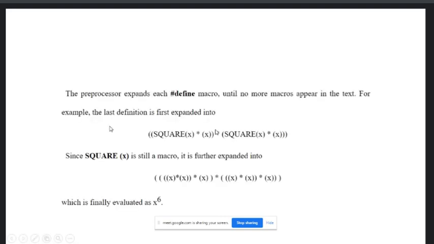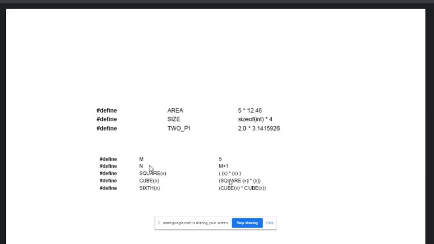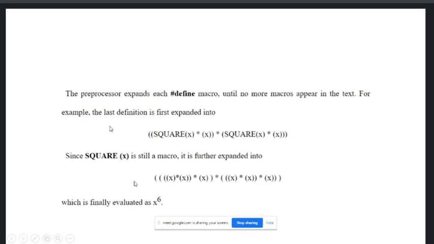Now we have discussed this. Okay, the cube. We have discussed the cube macro in which we are using the definition of another macro, square x. So how would the preprocessor expand this cube macro? Okay, let's discuss once again. Suppose the preprocessor expands the #define macro until no more macro appears in the text. Okay, no more macro appears in the text.